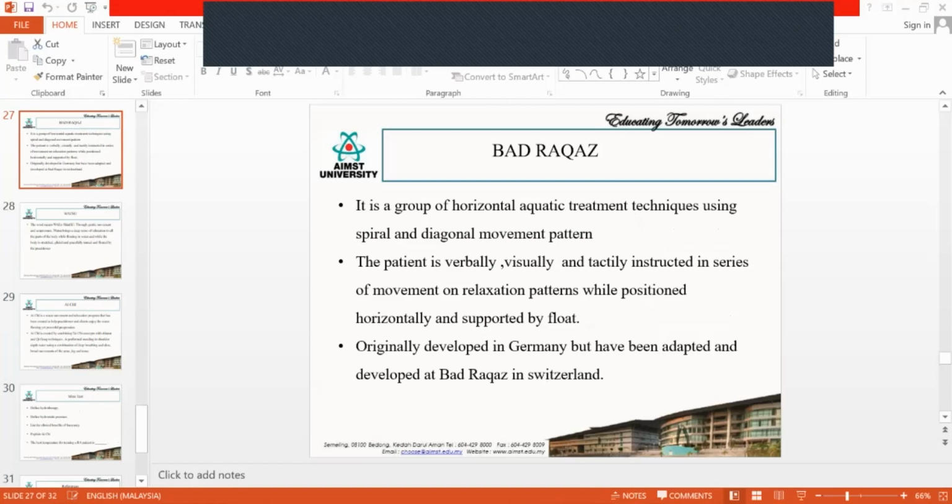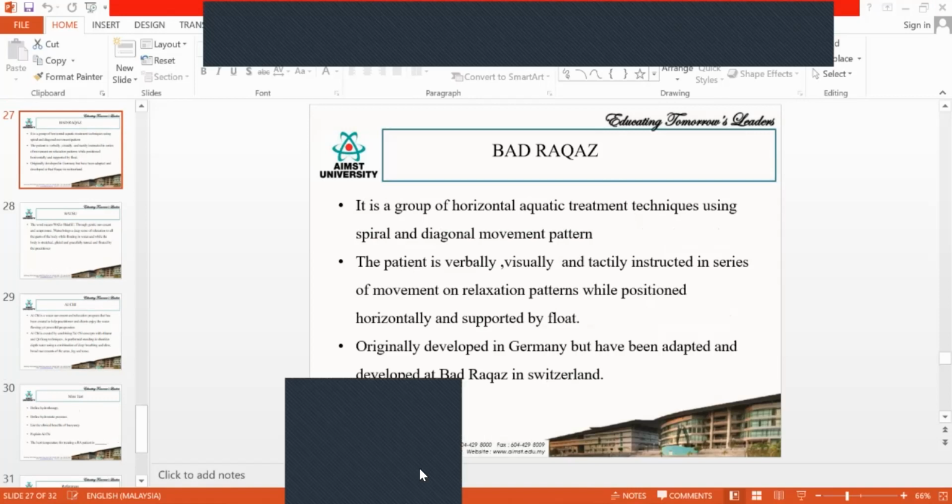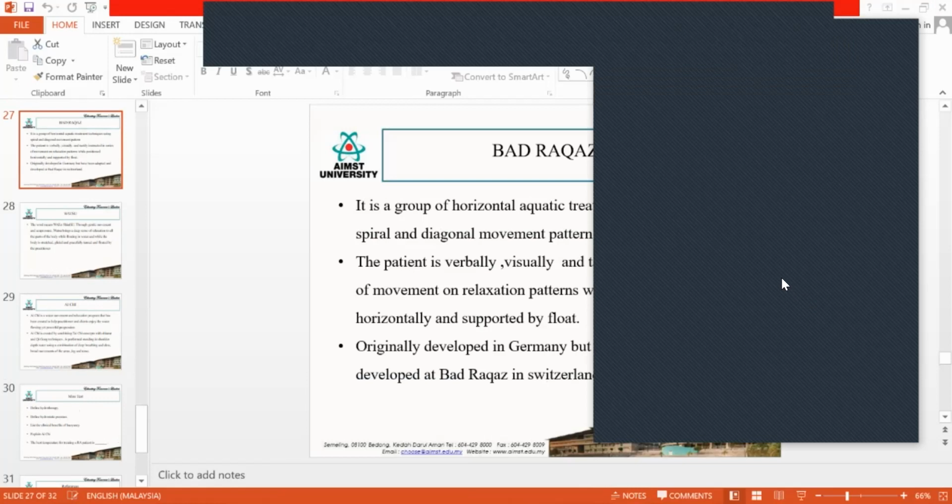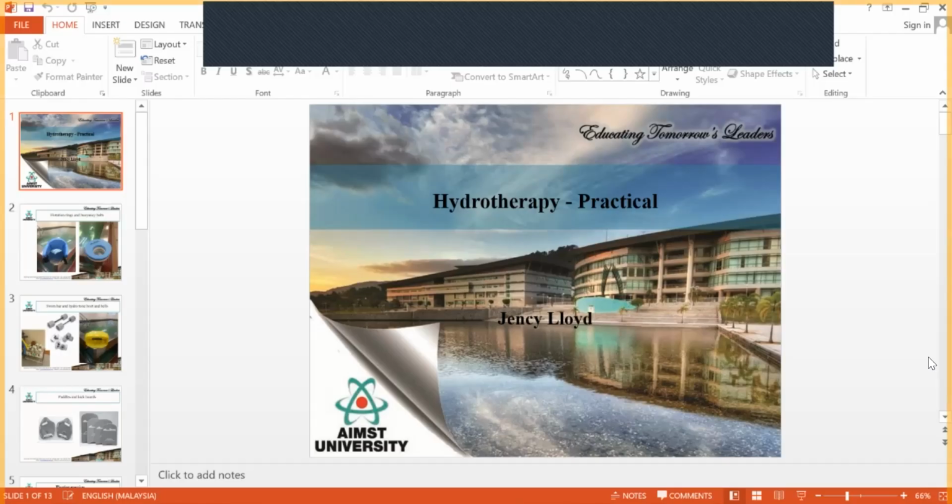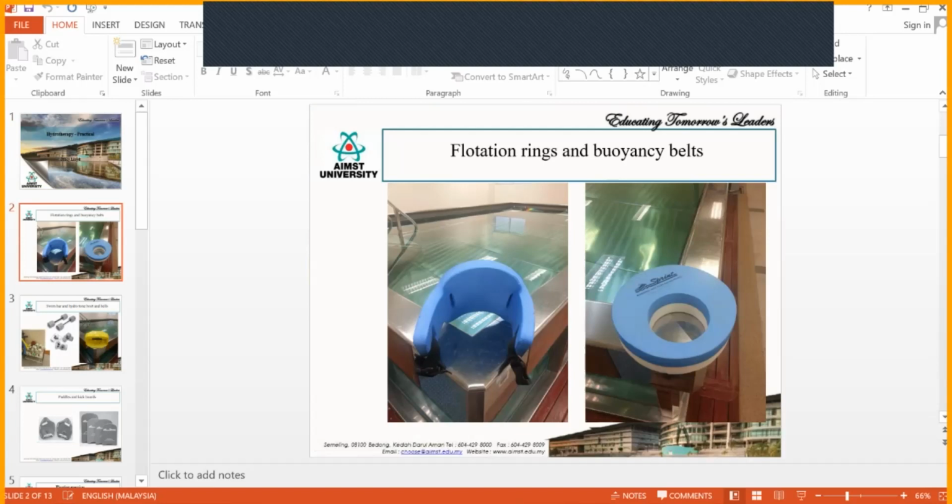We almost have all these equipments available in our department. So if you are coming here, we will be able to use this, and we can do it in the swimming pool, and you will be able to experience a real hydrotherapy session. Okay, so here, first, this is called as